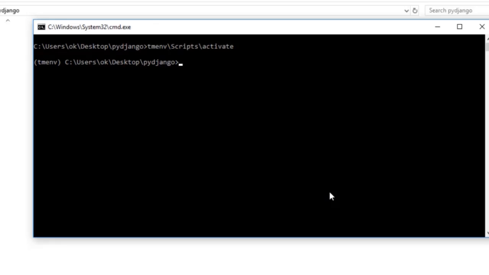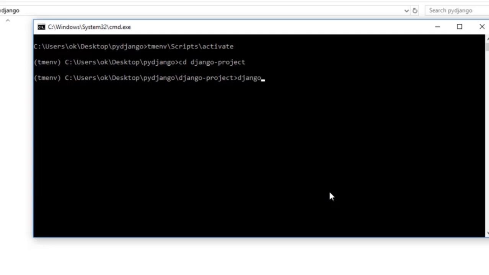Now here my virtual environment is activated. The next thing is I need to get inside my Django project folder. So for that you can use cd, that is change directory, and then the directory name for which you want to switch. So I would be using cd Django project. That's done. I am now inside my Django project folder. This looks fine. So remember, this is our workspace now. Everything we are going to do with Django project would be inside this.